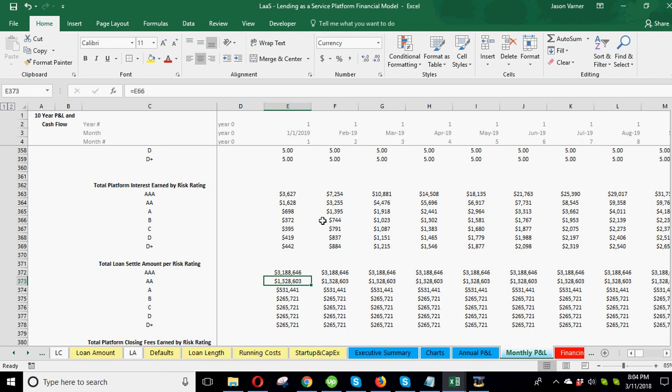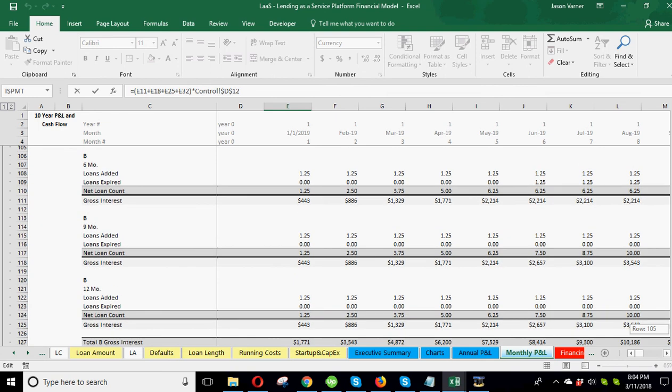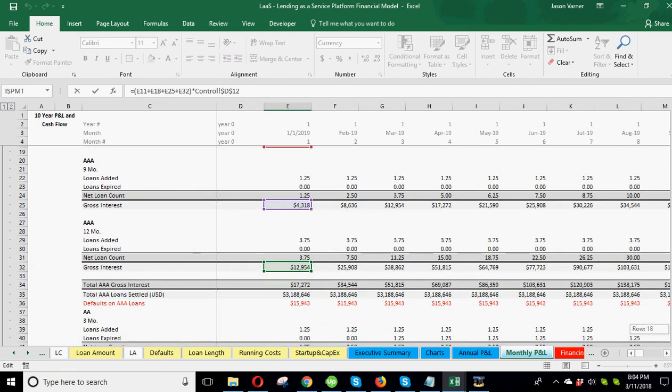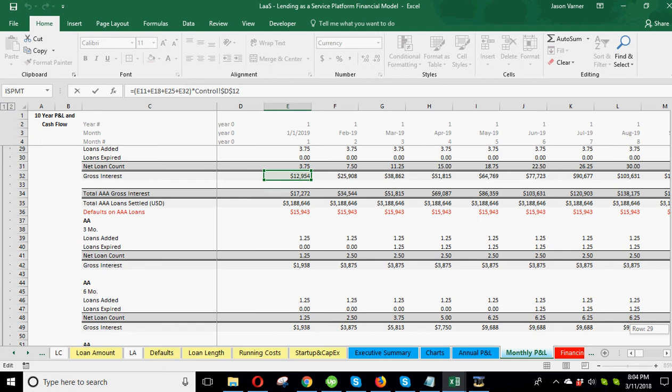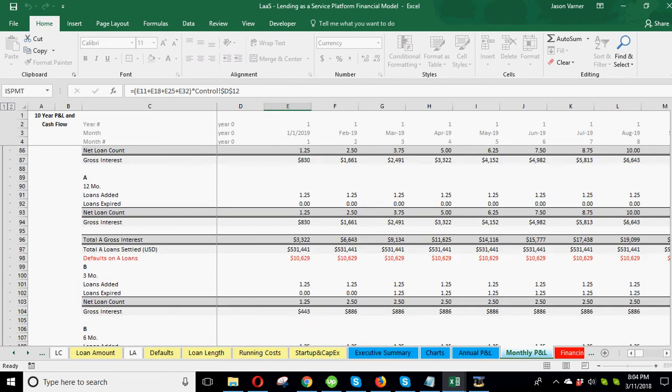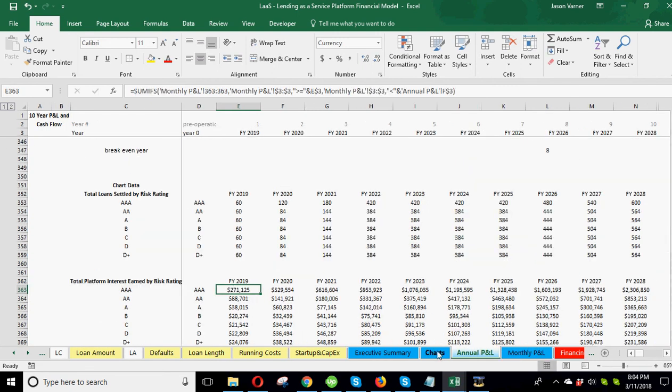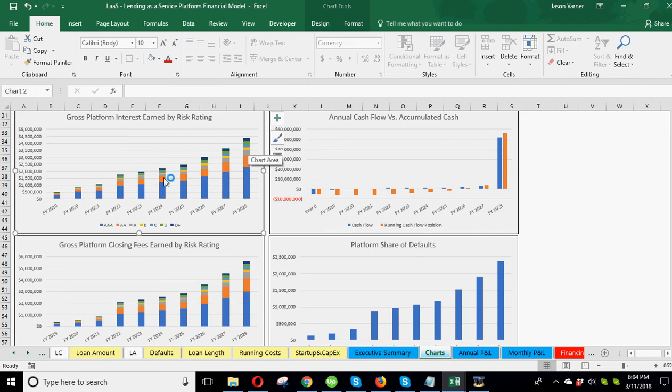Oh, this little amount. Here, interest. Yes, so that's doing your total gross interest. Okay, so no, that's not including defaults. Perfect. Good to know. So this figure here in this chart is not including defaults, so you can see how